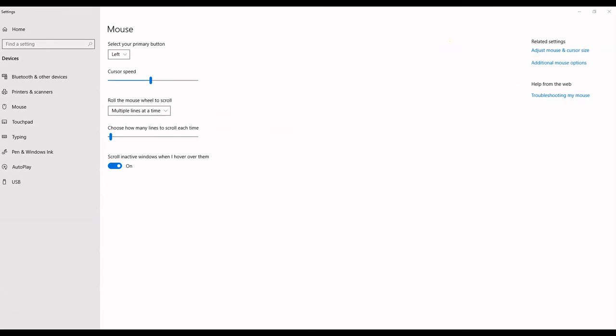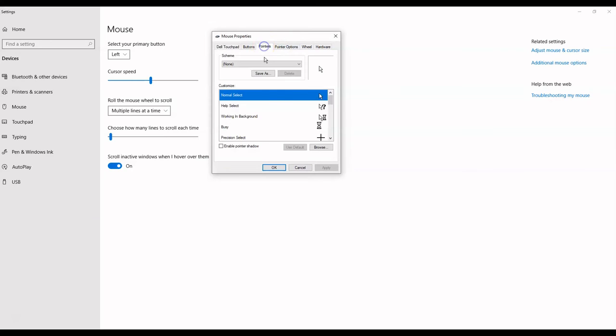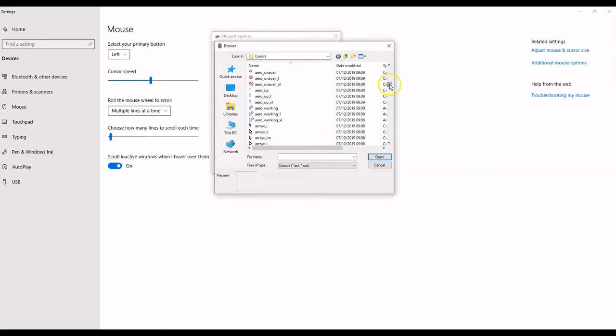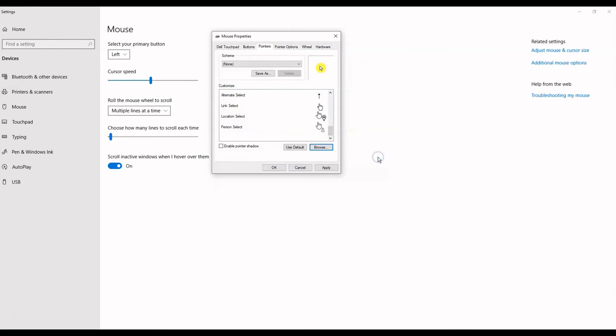And if we want to turn it back on, we go to pointers, we click on browse, yellow highlighter, and what I'm going to do this time, I'm going to save it. Okay, so I'm going to save as, and I'm going to call it cursor highlight. Click save, click apply,